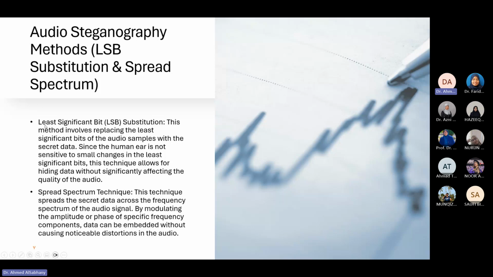The most common method is the least significant bit, or LSB substitution. The least significant bit substitution involves replacing the least significant bit of the audio samples or the audio data with the secret data. For example,